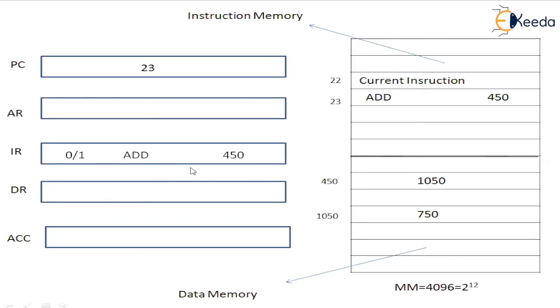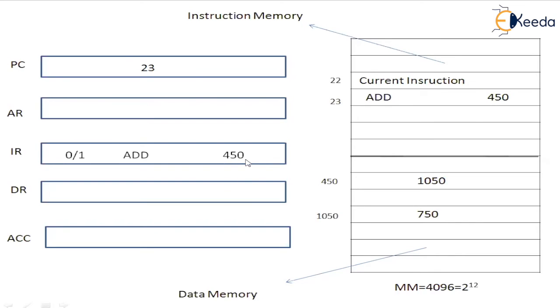Now the next thing is, the moment the instruction register is loaded with an instruction, the next thing that we need to do is fetching the operand. The instruction has been fetched. Now we need to fetch the operand. How is the operand available? The operand is available within the instruction by means of an address. We don't have the direct operand. Rather, we have only the address part of an operand.